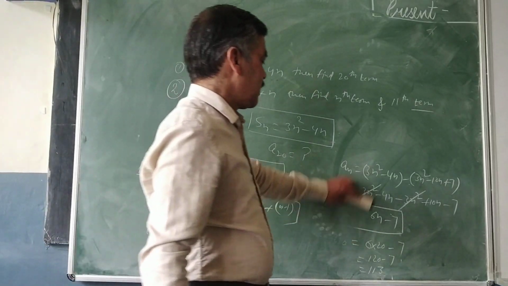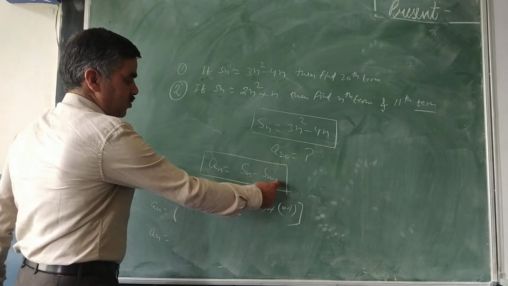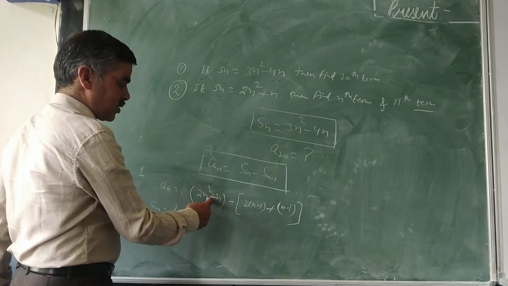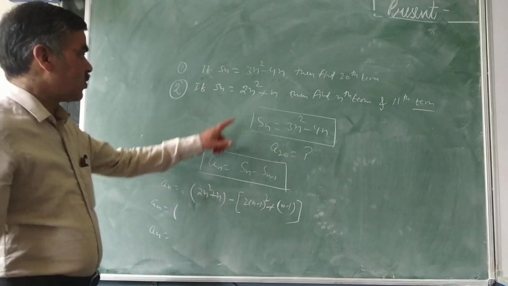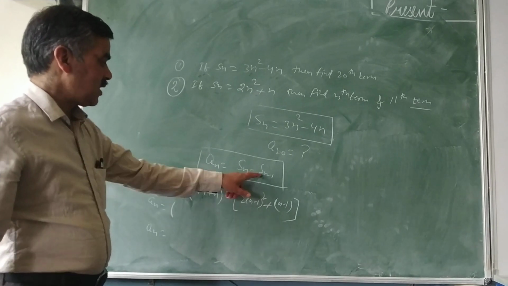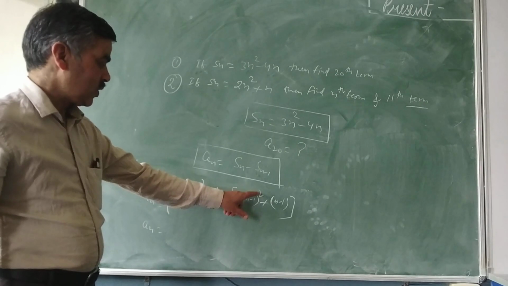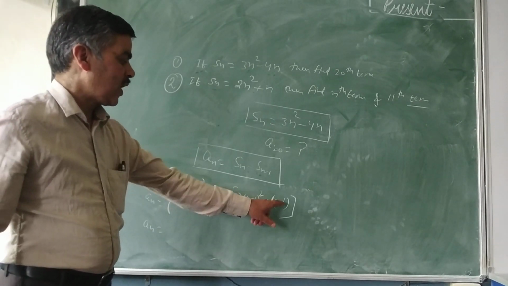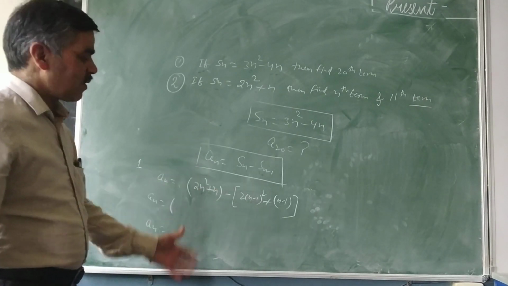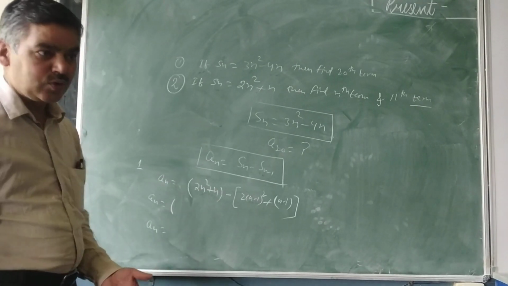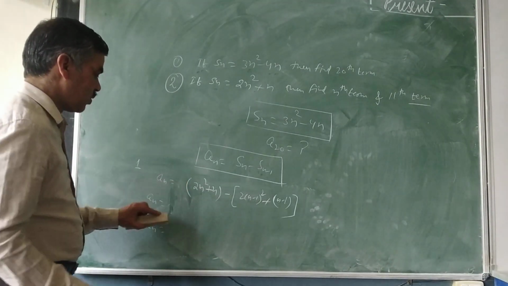Simple method. Wherever n is there, in case of Sn minus 1, you have to replace n by n minus 1, and it was the square, so put the square there. 2n square plus n was the value of your Sn, and Sn minus 1 will become 2 into n minus 1 whole square, plus n again is there, so I have written n minus 1 in place of n. So that much you have to do. The rest of the part is left, that is the calculation part. All of you know how to go for those calculations. I don't think anybody will find any difficulty over there.